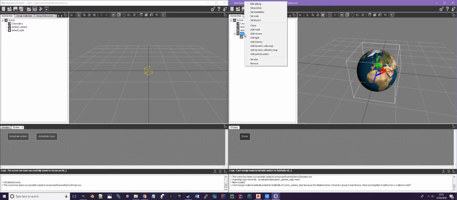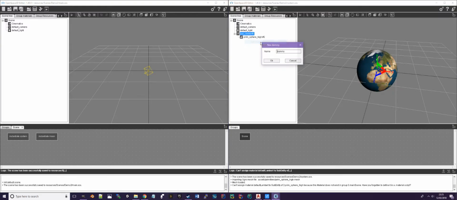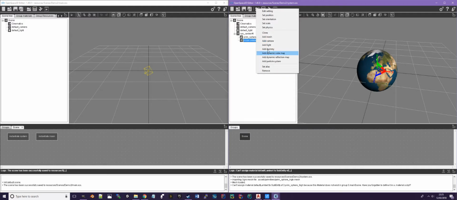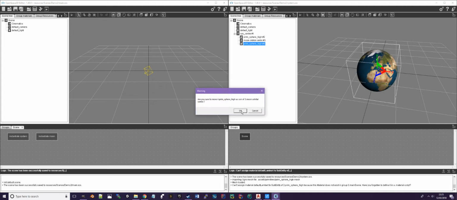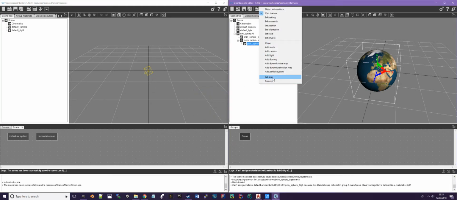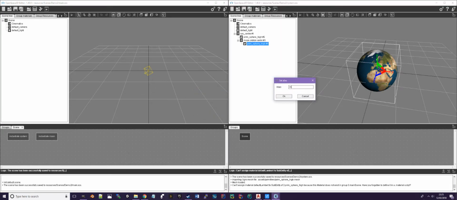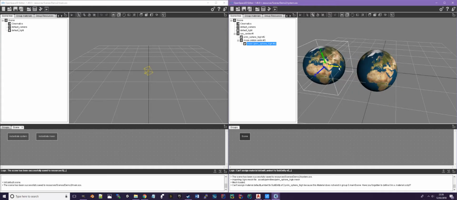Next thing I want to do is add a moon, but rather than adding that directly I'm going to add a dummy called moon orbital center, and then I'm going to add another. In fact, let's just clone this one, stick it in here, and set the alias to be moon. Nice and simple. So I'm going to drag this out, shrink this down,